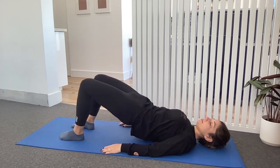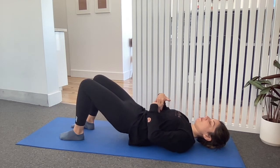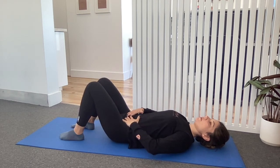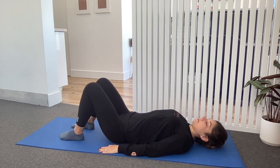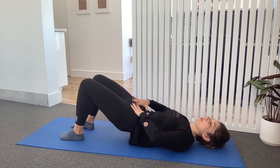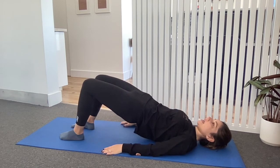So I just want to make sure I keep that posterior pelvic tilt, which is where I've tilted this way. Breathe in and breathe out to release. So just soften through the ribs, press them down, press the lower back, and then roll the pelvis back to that neutral position. Breathe in, breathe out, peel the tail up, draw in the tummy, so let the organs fall, we're hollowing that out. Raising up, inhale,